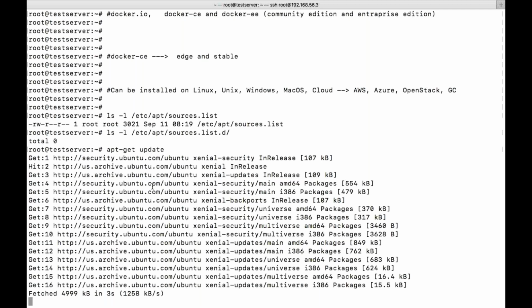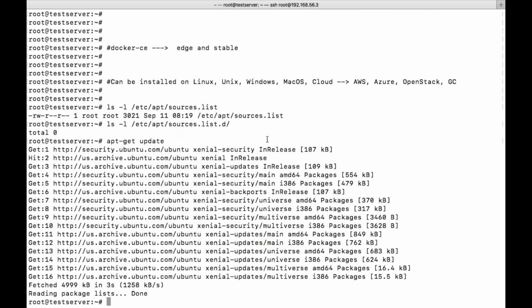It will contact all the repositories which you have created in sources.list or under this directory, and see whether it is able to contact the repository and fetch the packages. What are the packages available in the repository? That is what it will try to do. So whenever you add a repository in Ubuntu or Debian, we need to execute this command. Okay.